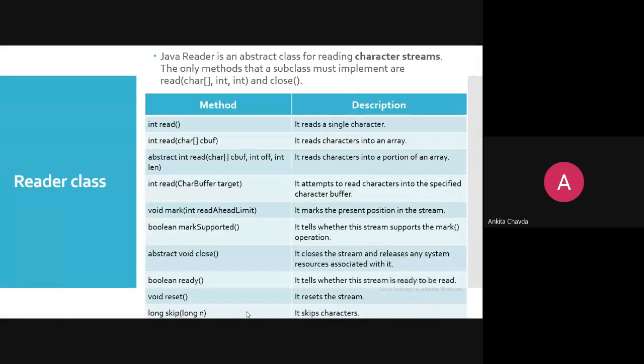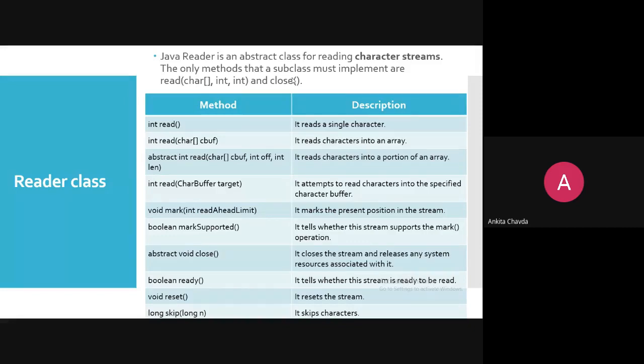Now the Reader class. Reader is again an abstract class for reading character streams, but reading again returns integer data. It is reading characters only, but whatever you are reading is in integer form, just like the byte oriented stream.